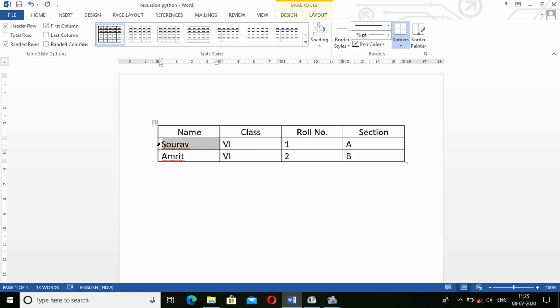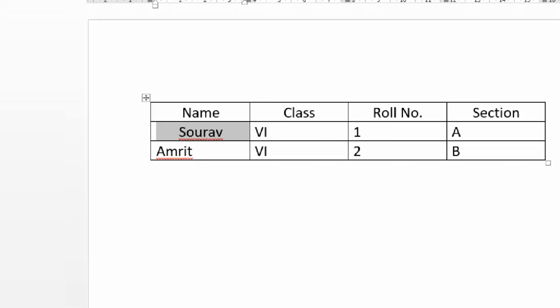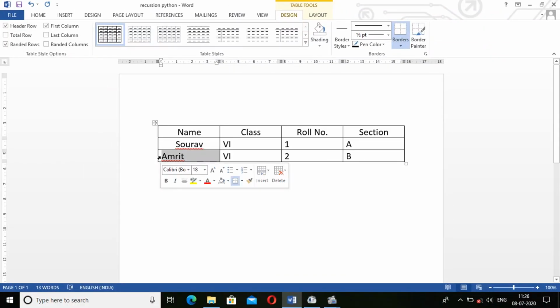Now I want to put the center alignment, then see, again I did, again this arrow has come, it has become an arrow. Now again, see, it is selected. Okay, so this way we can select any data in your document. If you want to select any kind of data you want to format, you can select it this way.